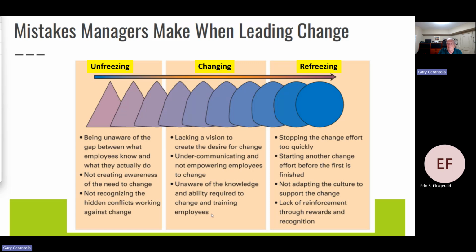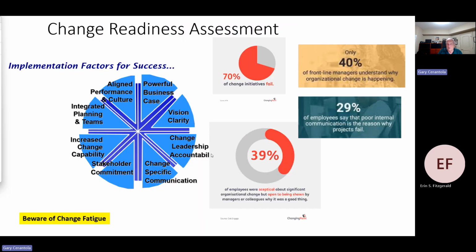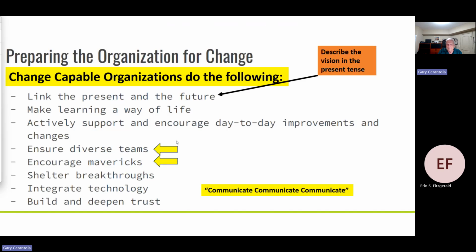Here's a little more to kind of understand what this is all about. I'm not going to talk about this right now. But the thing is, here's something that